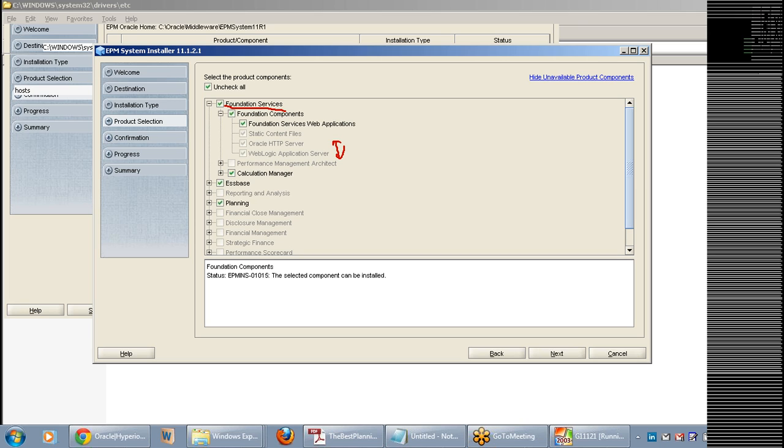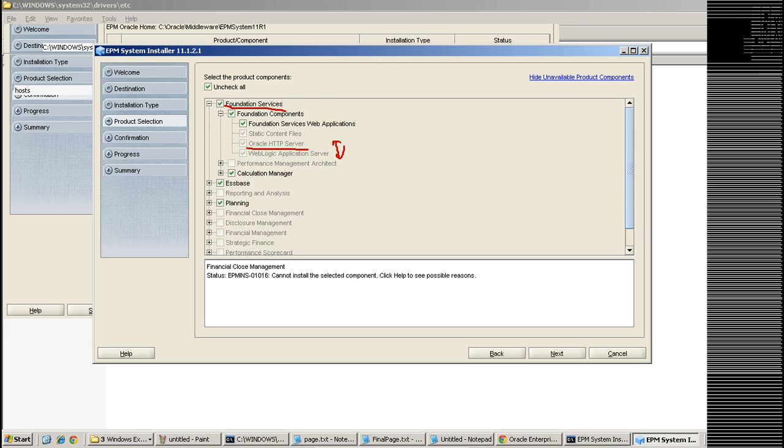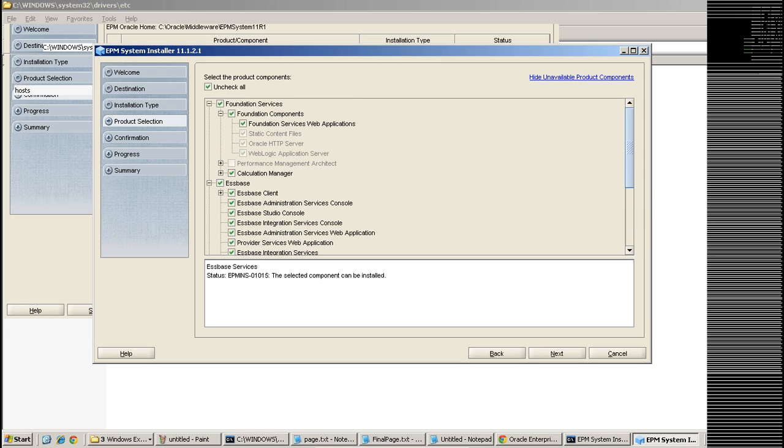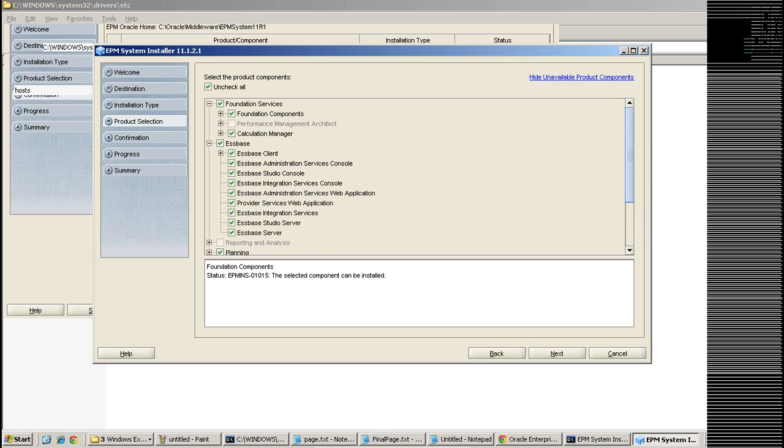With the foundation services, it will come by default. If you want to install shared services on some other machine, you have to install Oracle WebLogic Server on that shared services machine. And then I'm going to install the foundation services and then Calculation Manager and Essbase client.